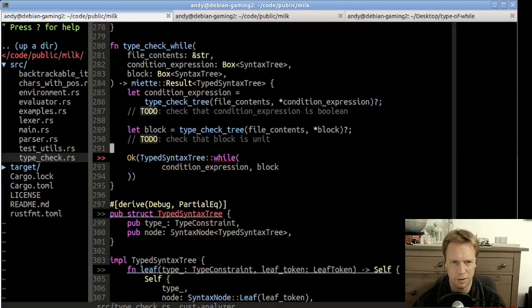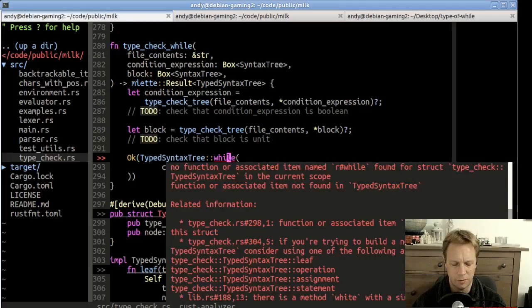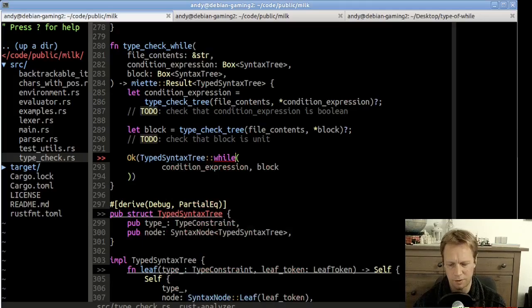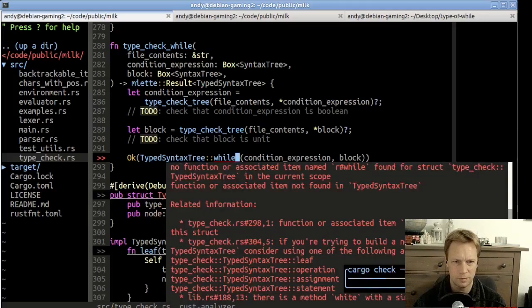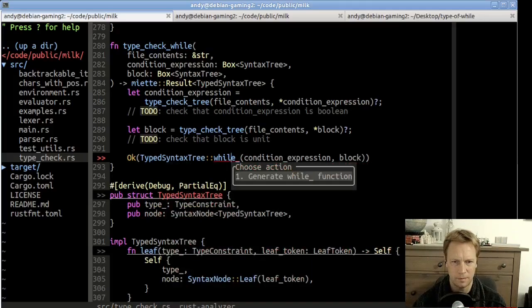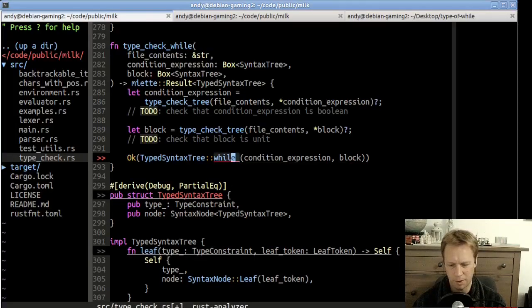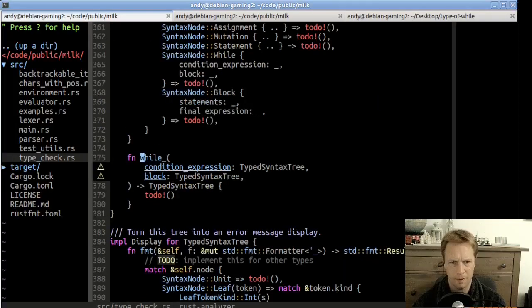Probably not. So this is a function which we want to exist within typed syntax tree. Oh, we can't call it while. We have to call it, let's call it while underscore. We're going to make that function, and it's going to return a type syntax tree of type